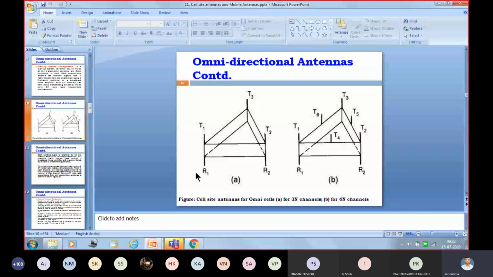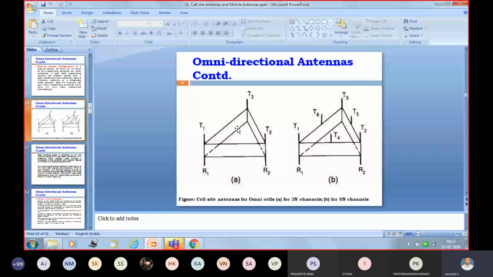Already we discussed channels in yesterday's class. For each transmitting antenna, how many channels does it support? Each transmitting antenna supports 1 setup channel plus 15 voice channels. Then how many channels are we getting now? For this first figure, we are getting 3 setup channels plus 45 voice channels. The total is 48 channels for the general condition. Here only 45 voice channels are available, which means only 45 users can be allowed.